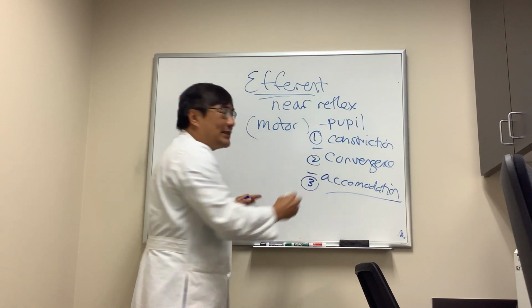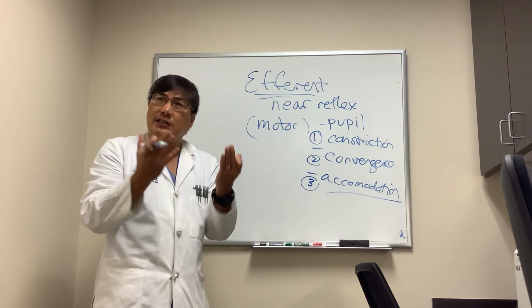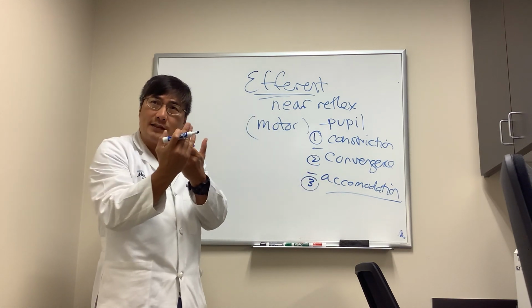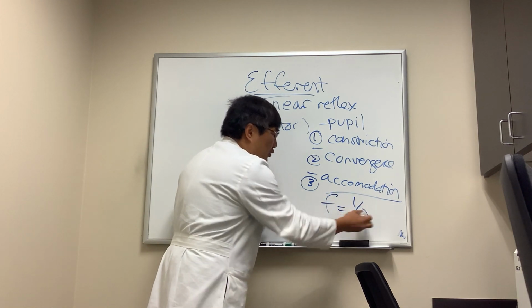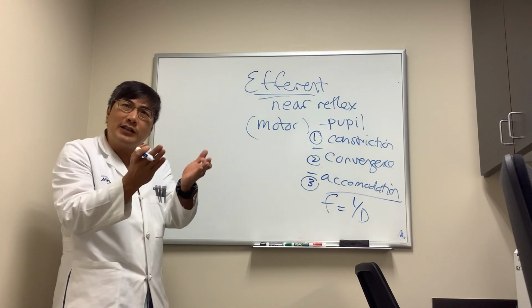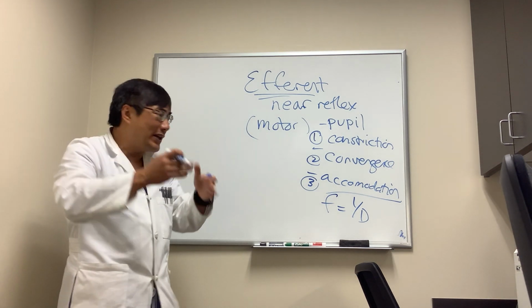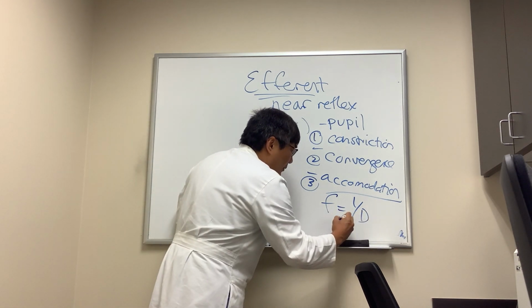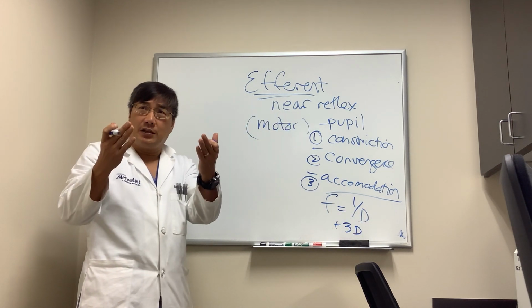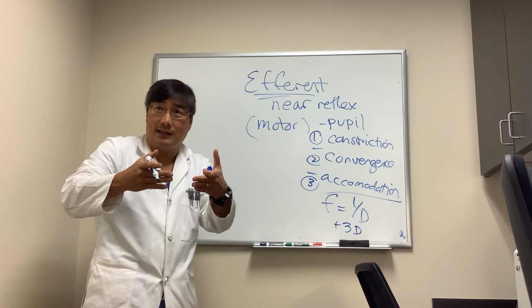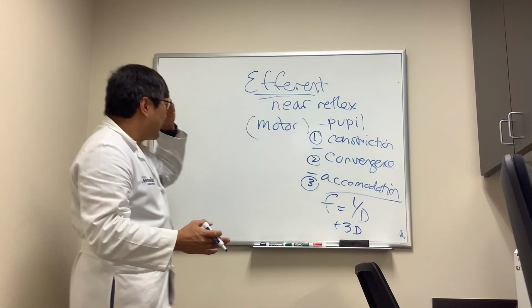And you have to change the shape of the lens to increase the power so that you can focus on the near target. So that's because the focal length equals 1 over the dioptric power. So if we're going to look at something at 33 1/3 centimeters, we need to generate +3 diopter of accommodation to see something at near clearly. So this near reflex,